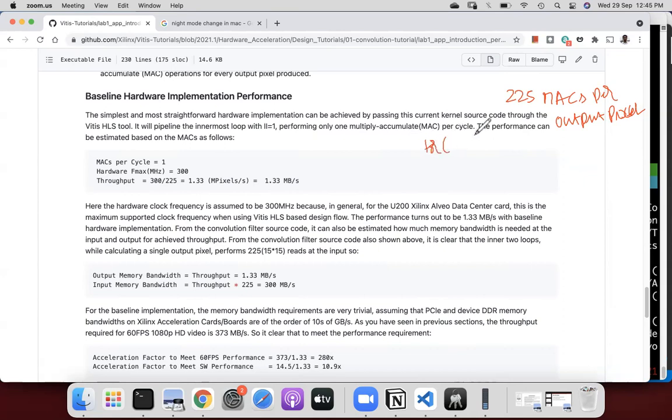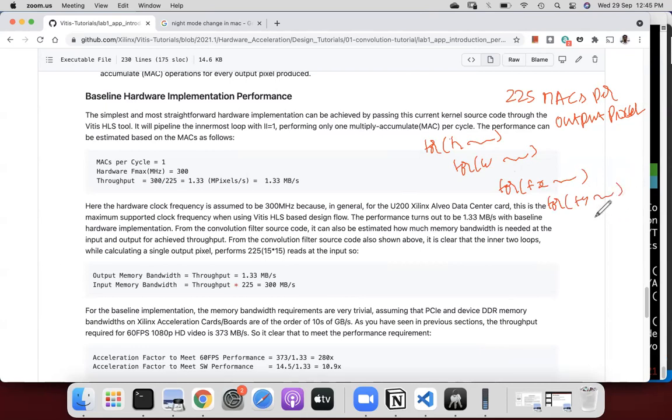In the naive method, there is a for loop over height, a for loop over width, and then for the filter we go along one dimension and then along another dimension.